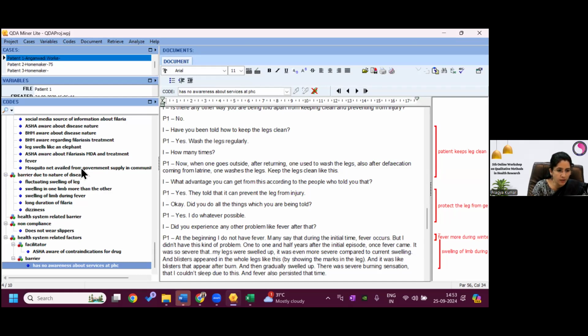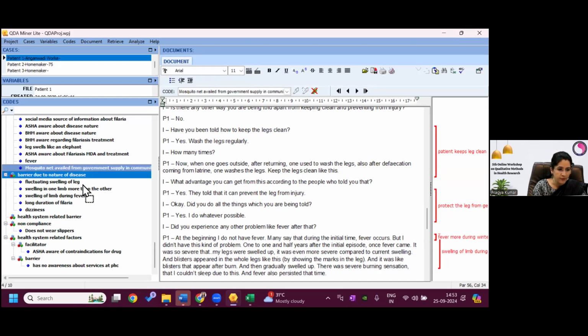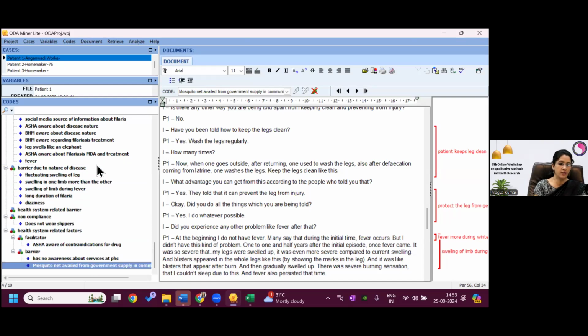Mosquito net not availed from government supply in community. So this is a barrier. So probably if I select this and put this under this barrier, again it has not come. Yes, now it has come. So for that, in which category you want to put, and that particular code should be visible. Then it will be dropped. Like if I Asha aware about fallacies, that I have done.